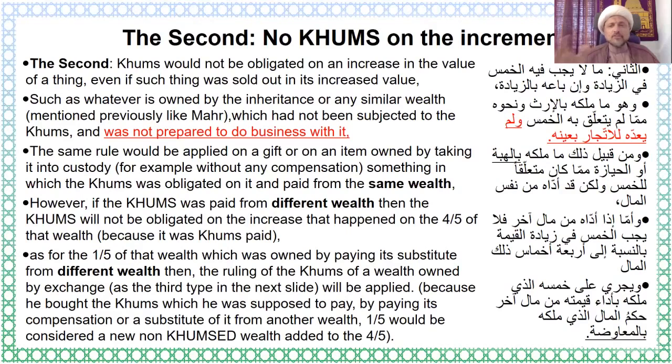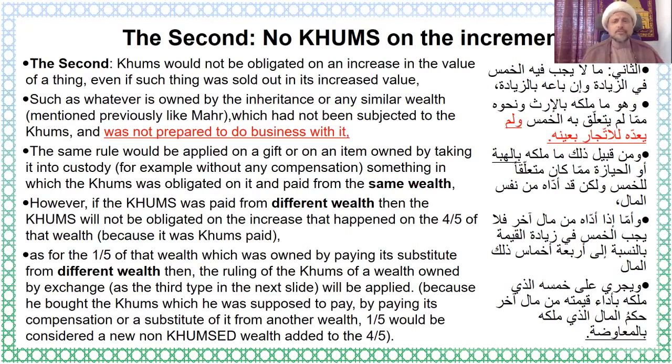And he had not prepared it for tijara. So even in this case, there is a ruling coming: what if he had prepared it for business? Then we are going to deal with it as a business. But the principal will never be khumsed. Okay, we are going to look at the extra. So you got the inheritance, you put it in a business, you started making business out of it. It became a capital of investment. So the principal mirath will never have khums on it. But the extra, since it is for business, we are going to discuss it. There are certain conditions. But at this point, we need you to understand the second scenario: something you get without any compensation, such as mirath, such as inheritance, or such as dowry, is exempt from khums,